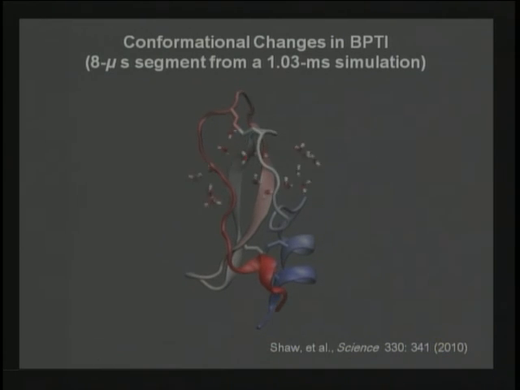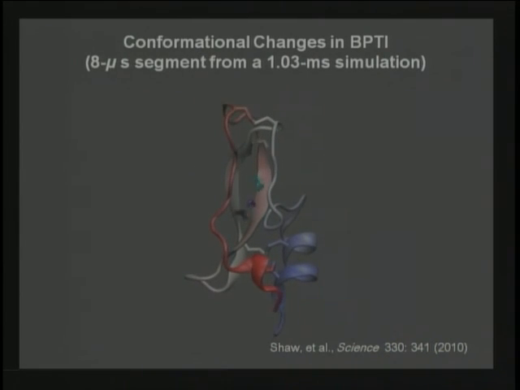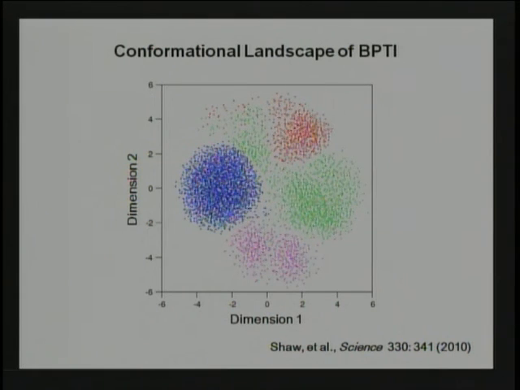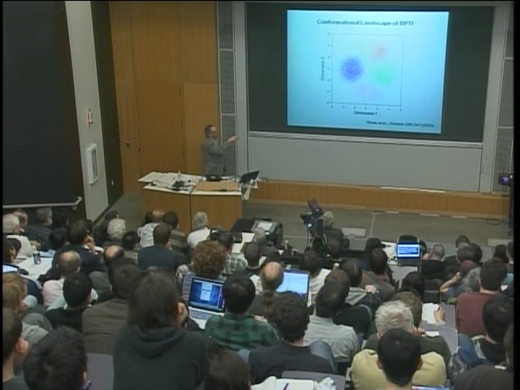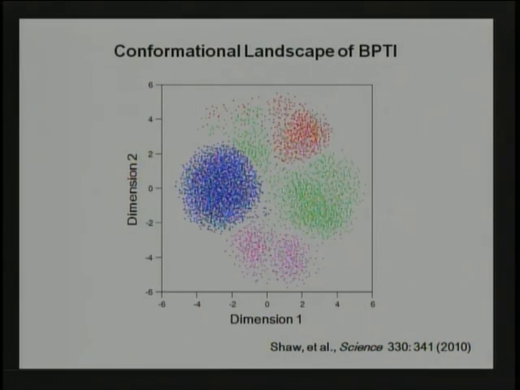We don't think that's biologically meaningful. We don't think it's functional, but it's the kind of thing you would miss if you were doing the kind of simulations people did before. And the sorts of things we do with that is to then take a look at clusters of closely related conformations, we call them. It just means a three-dimensional structure. So each one of these dots is sampled, but each one of the dots is one three-dimensional conformation, which is a 3N dimensional quantity, but it's projected onto 2 dimensions so you can see the clusters. And then the colored ones separate out different clusters.